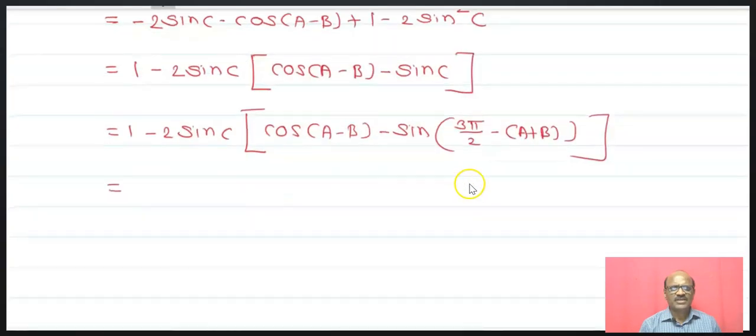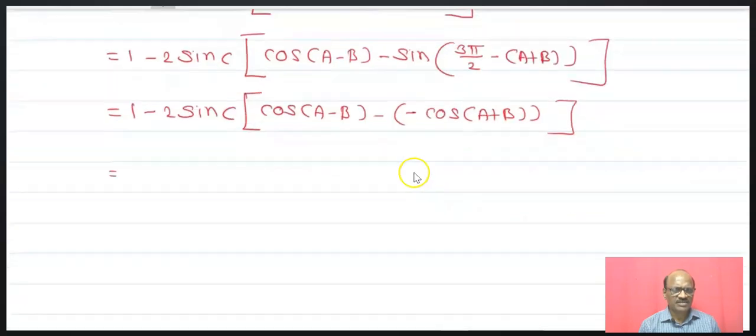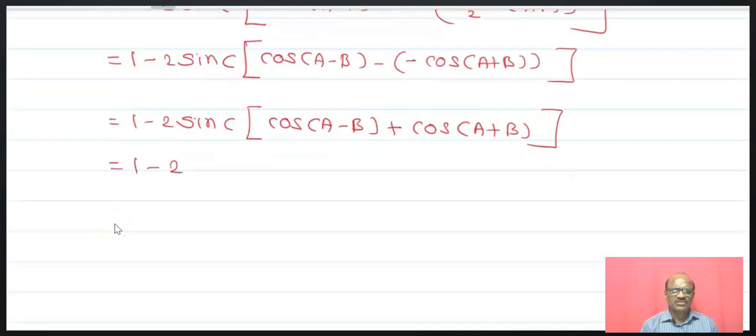Now the sign of 3 pi by 2 comes in the third quadrant. In the third quadrant the sign is negative, and that will become plus. The sign will become cos, that is minus cos of (a plus b). Now this minus minus will become plus. That is 1 minus 2 sin c cos of (a minus b plus b), which is equal to 1 minus 2 sin c times the bracket cos of